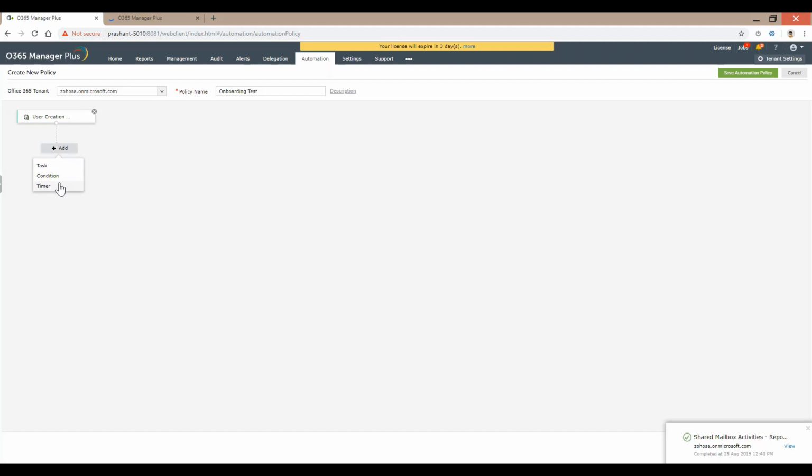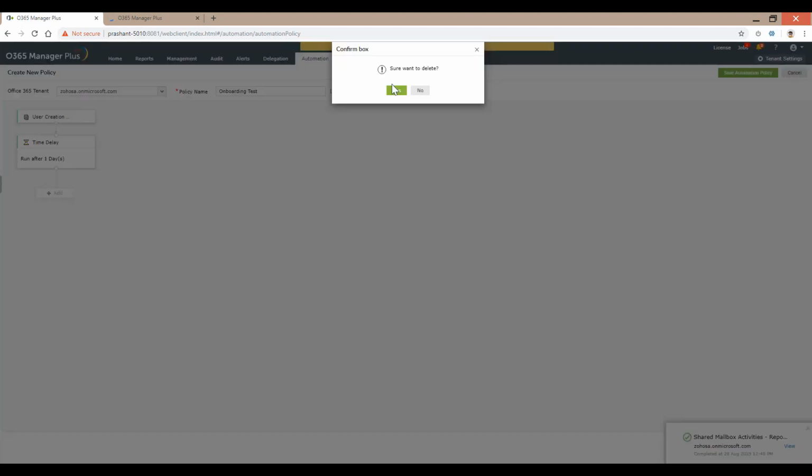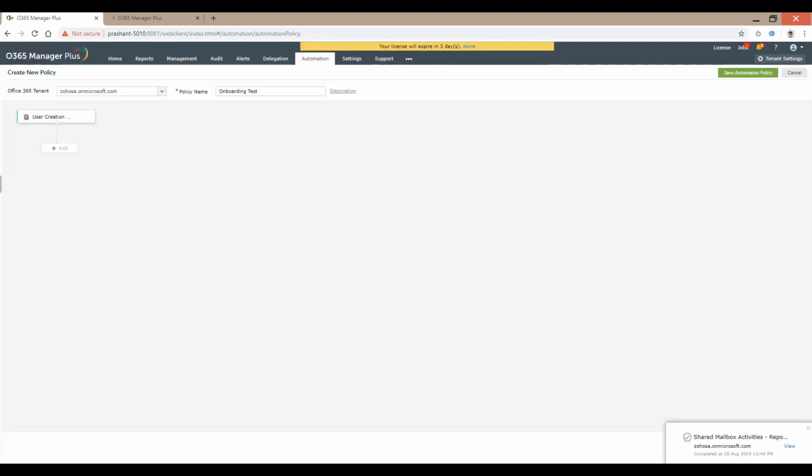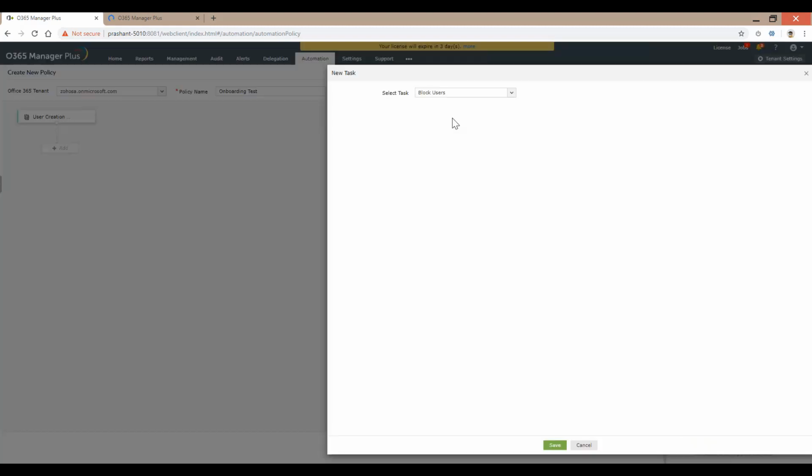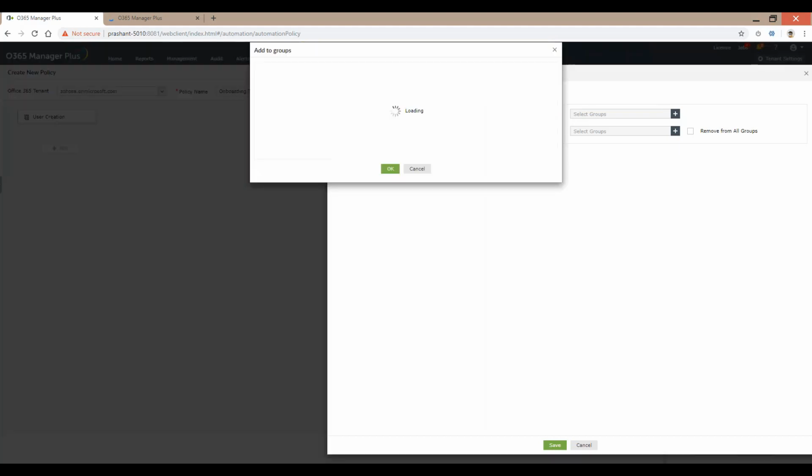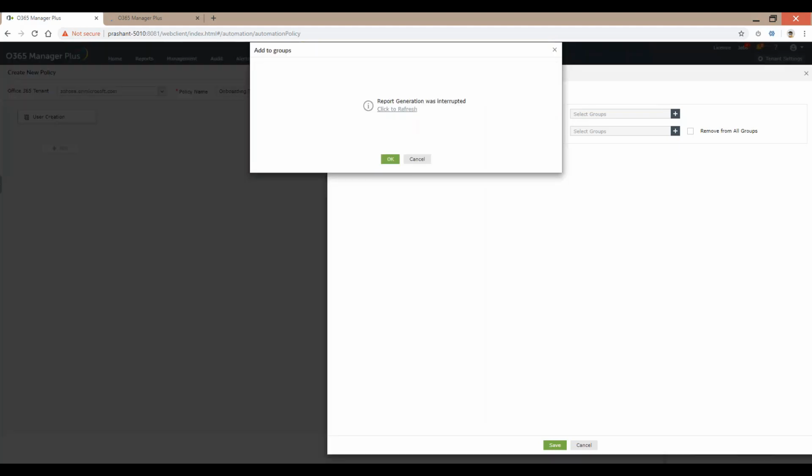I can go on, add a task or a condition or a timer. So when I add a timer, it gives me chronology, or it gives me performing successive action. So that is going to be possible. So if I want to make an edit, I can always do an edit. Yes, I want to delete it. I would want to do a successive task. I'm saying add another task. The task here is to assign group membership to the users. So I'm going to quickly say group. Here you go. Distribution group. I'd put them in a few distribution groups, and then I'd put them in a few security groups. I could very much do that.